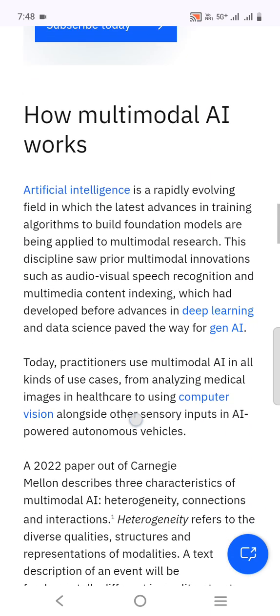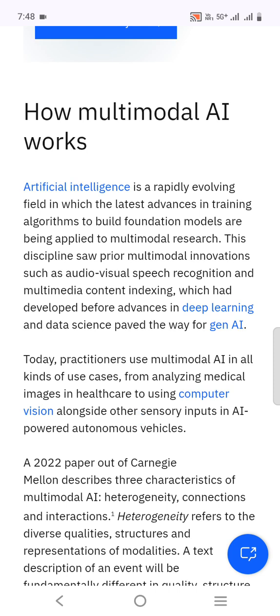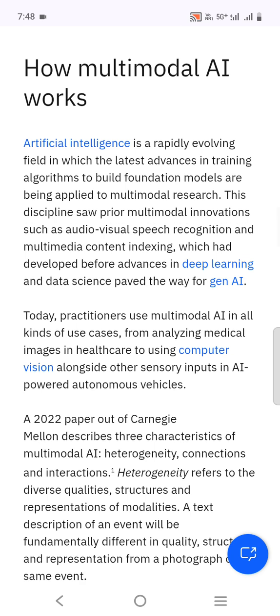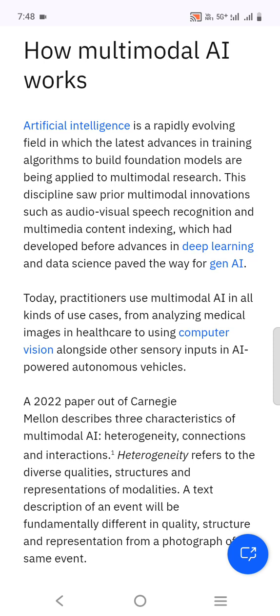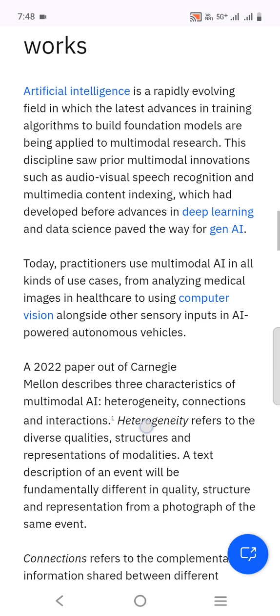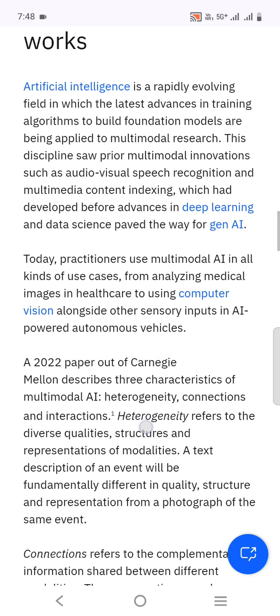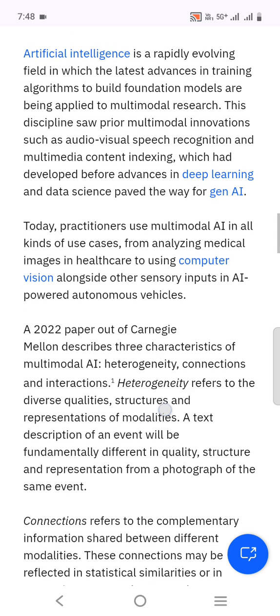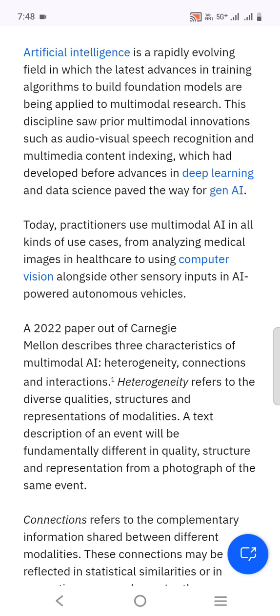How does multimodal AI work? AI is a rapidly evolving field in which the latest advances in training algorithms to build foundation models are being applied to multimodal research. In this discipline are prior multimodal innovations such as audio-visual speech recognition and multimedia content indexing, which had developed before advances in deep learning and data science paved the way for generative AI.